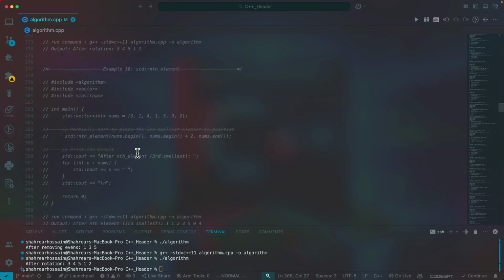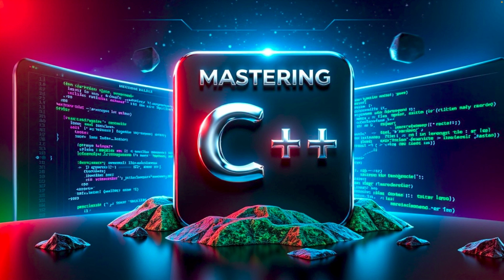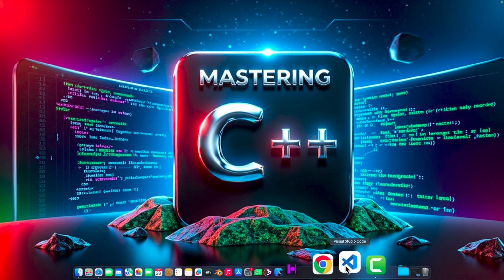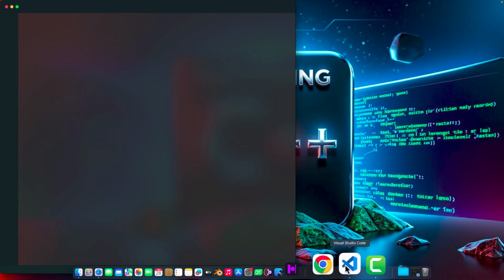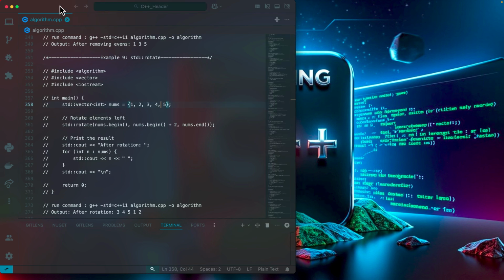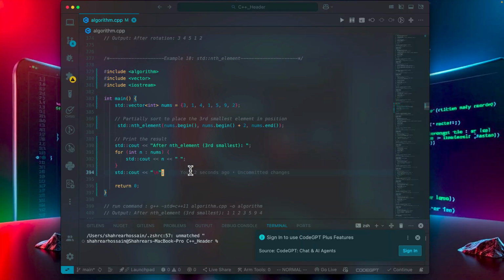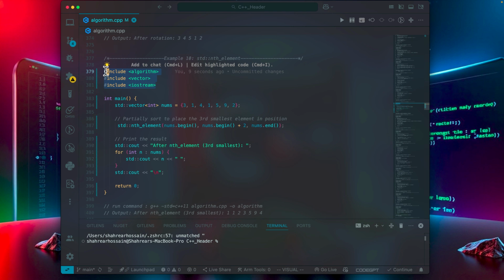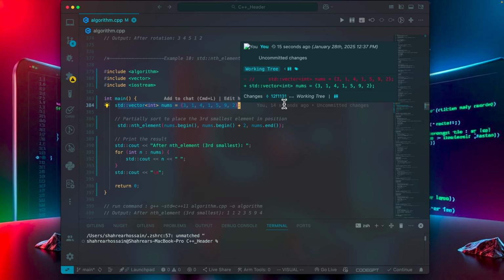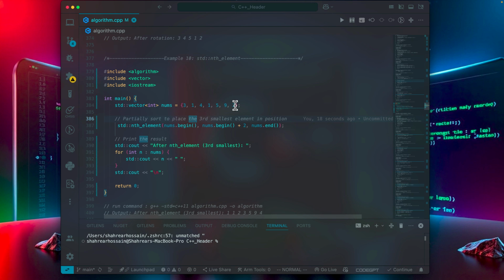Now here we use nth element. So here you can see our first 3 header files are the same, and in our main function we also create a vector called 3 1 4 1 5 9 2. So in this section we just sort